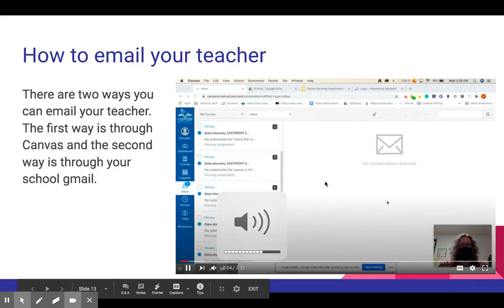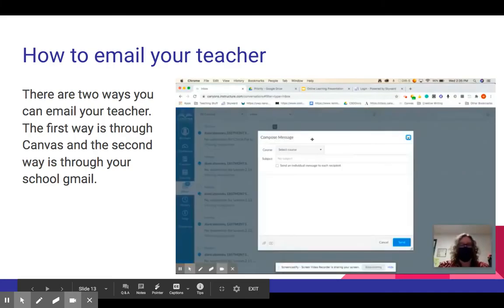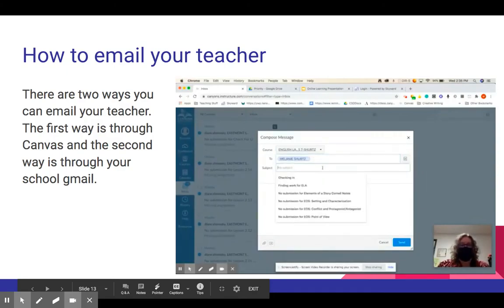Can send messages to your teacher. The first is through Canvas. So you would go to the inbox, and then you would click on the little pencil to compose a new message. You would select from your favorite courses the teacher that you are wanting to send to, and then you would start to type in their first name, and their name will pop up, and then whatever the question is,